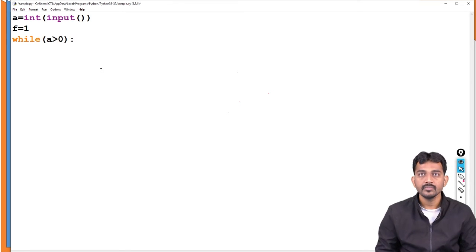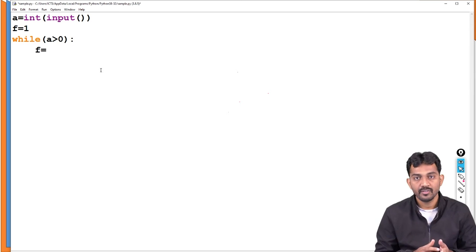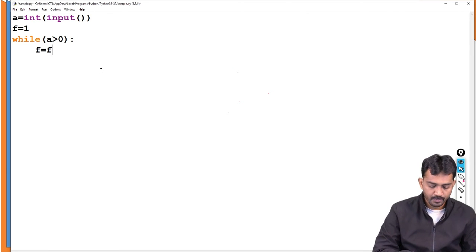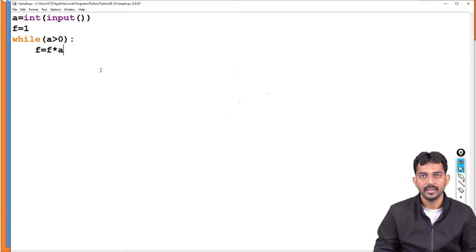Right? After that, f equal to f into a. So with the value 5, first I multiply with 5, multiply with 4, multiply with 3, multiply with 2, like that I am going to perform. F into a, right? After that, a equal to a minus 1, or as we already saw, a minus equal to